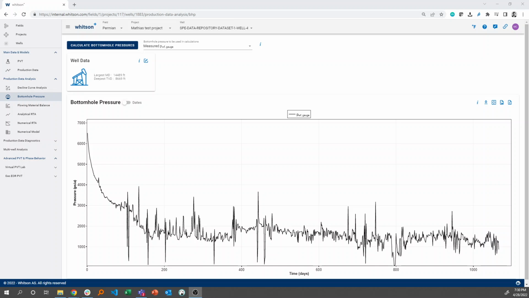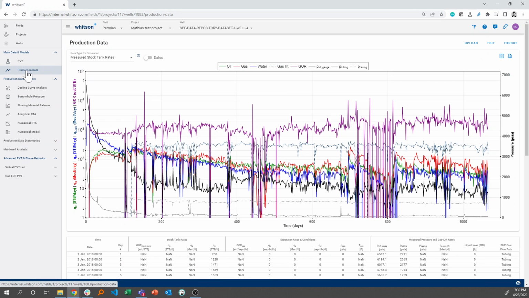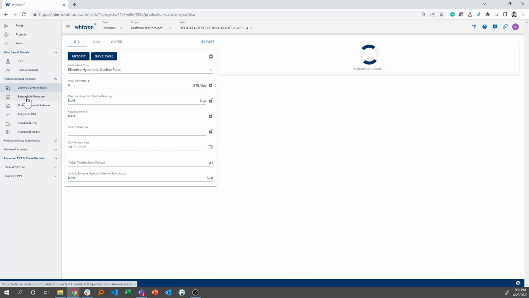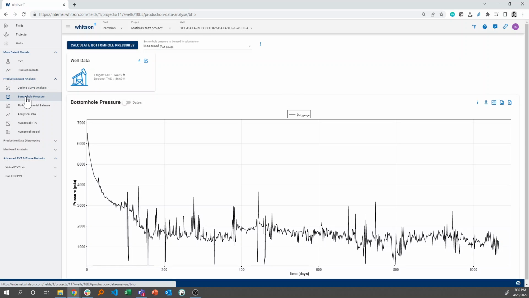So now we have our production data and we have our PVT. So we have PVT and production data, that's given. And we just did some decline very quickly, and we should be able to now calculate our bottomhole pressures. What you see here in the bottomhole pressure feature is that we actually have uploaded gauge pressures versus time for